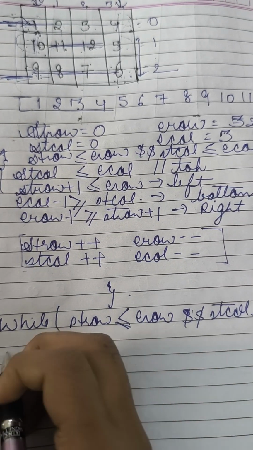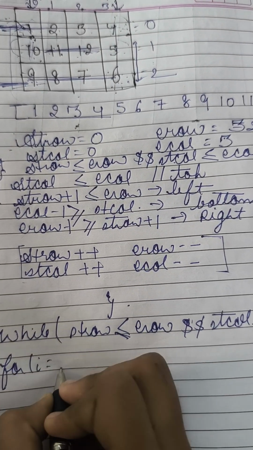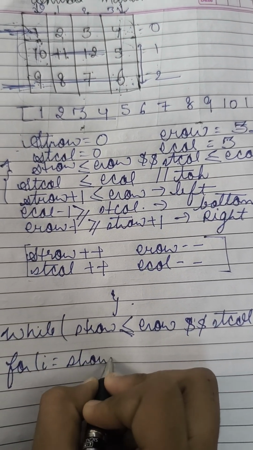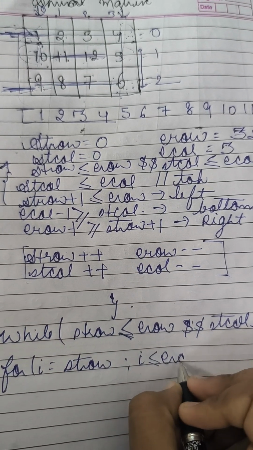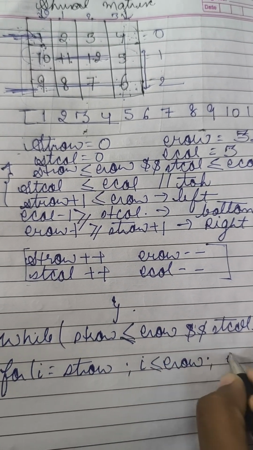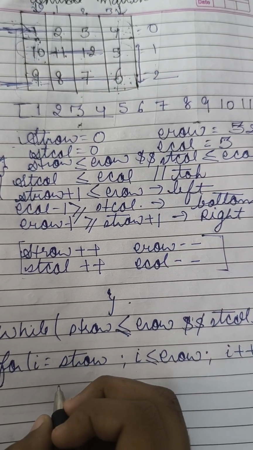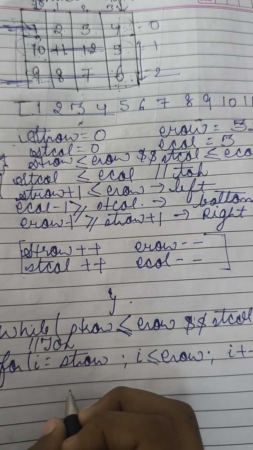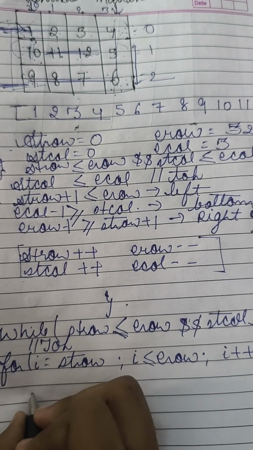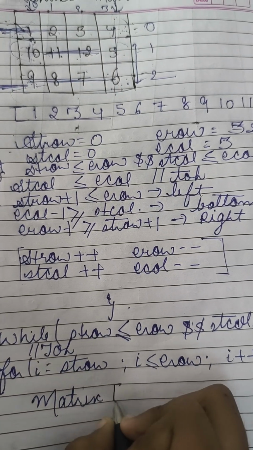And how is it going to work? We are going to create a variable which stores the starting row, and it will always be smaller than or equal to ending row, and we are going to do i plus plus. Then what is going to be printed for the top part? Suppose the name of the given matrix is matrix. Okay, so matrix,